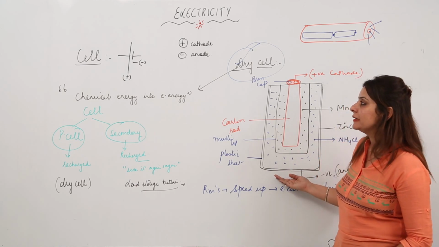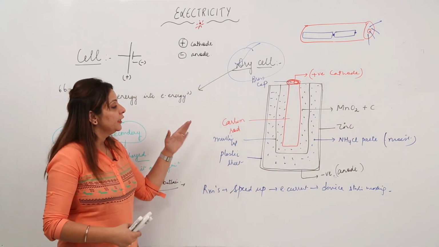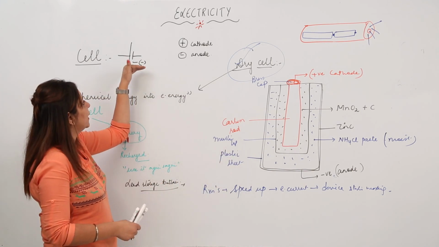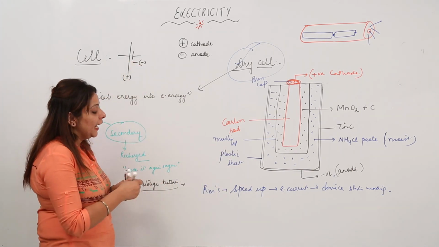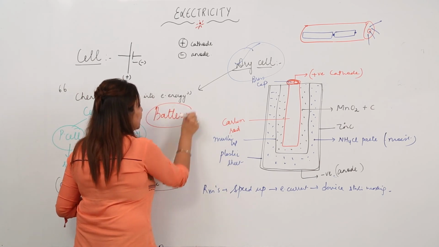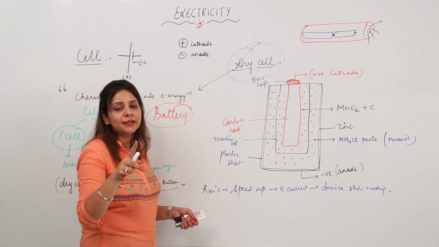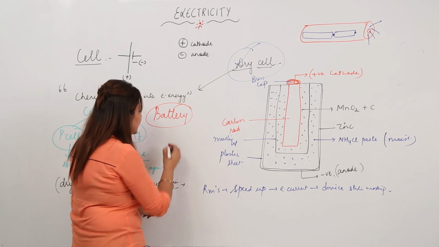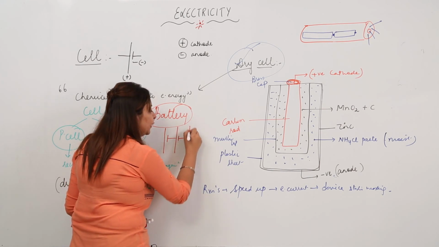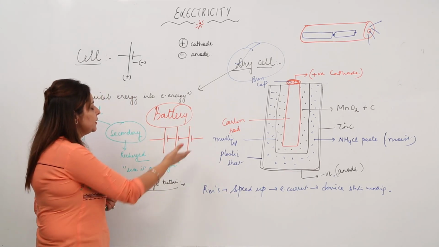So this is what the cell is. Now we are going to discuss more about it. If we talk about the dry cell, the dry cell is this, and we represent the dry cell like this. And if we talk about the battery, what is the difference between the battery and the cell? A battery is also a cell, but it is a combination of many cells. It is not one cell, in a battery we have a combination of many cells. So a battery is shown like this: one cell, another cell, and you can club as many cells as required in a battery. So this is what a battery is.